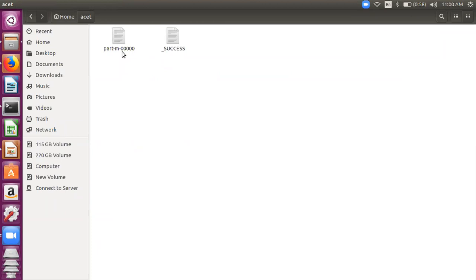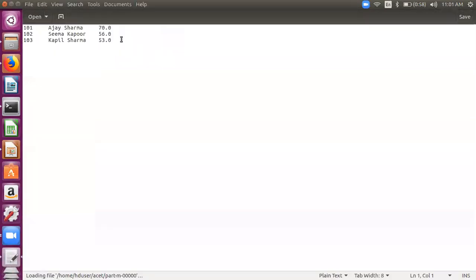If there is more data, then we may have part-m-00001 like this. This m here states that this is a mapper sort of file. So for this particular storage, no reducers were used, only mappers were used. If your analysis uses reducers, the file would have a name like part-r-00000. All right, and if you just click on this, you can see the data here, not in comma separated but in tab separated.